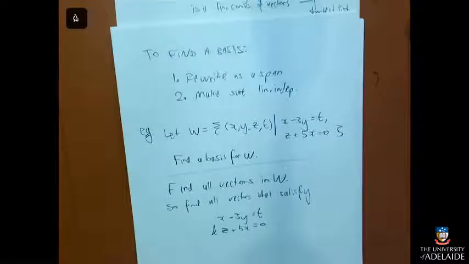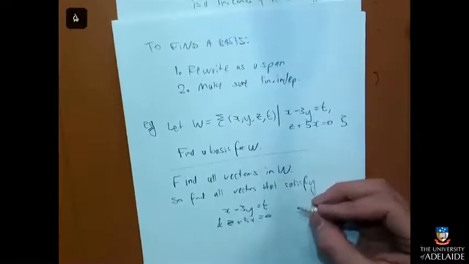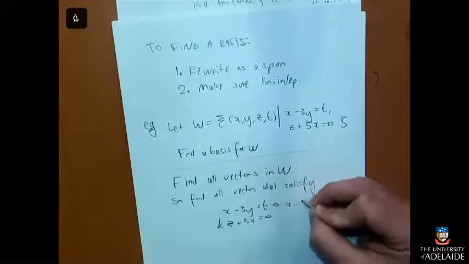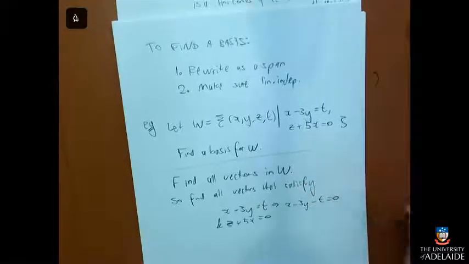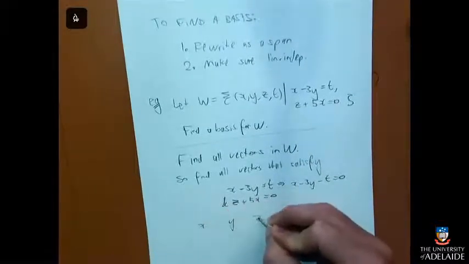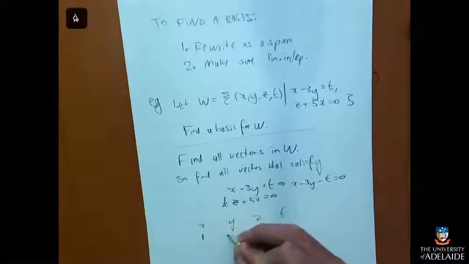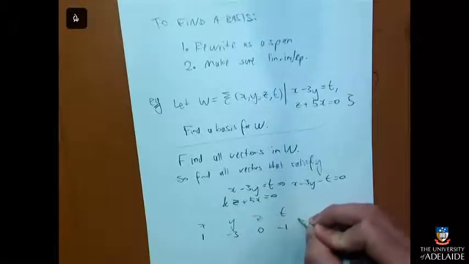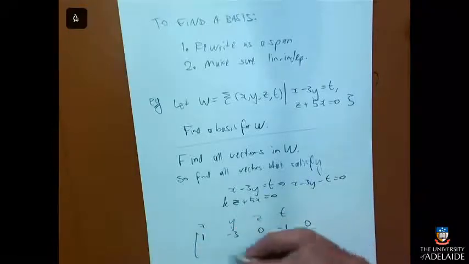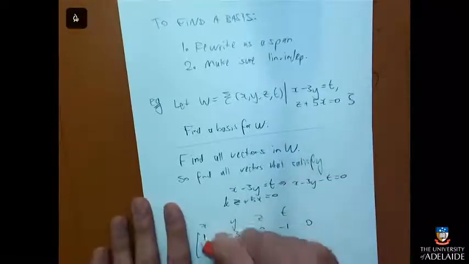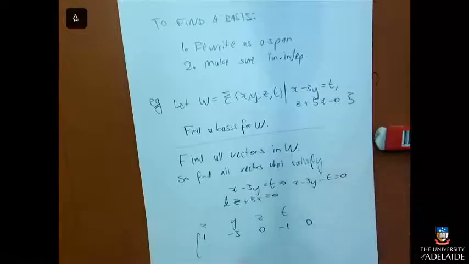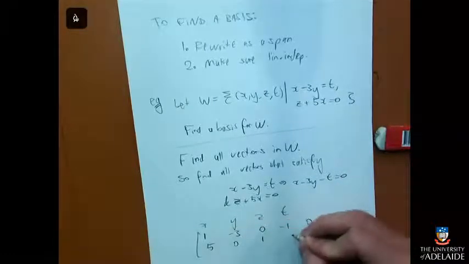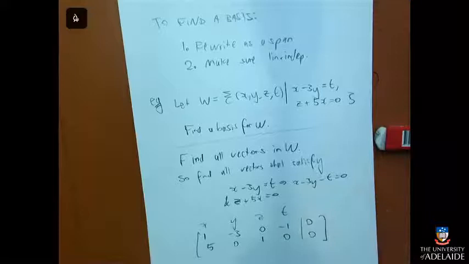I mean, that's two linear equations. We know how to deal with that. That one would be x minus 3y minus t equals 0. So let's see. We have x, y, z, and t. And we have 1x, minus 3y's, no z's, and a minus 1t equals 0. We have no x's, no y's, 1z, no t's equals 0. I know how to do that. Row operations, free variables, la-di-da.